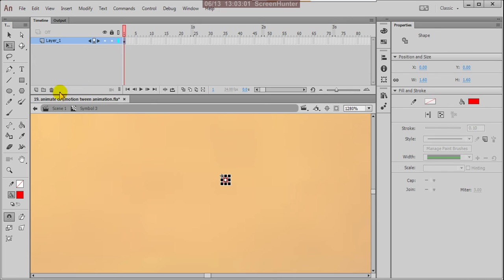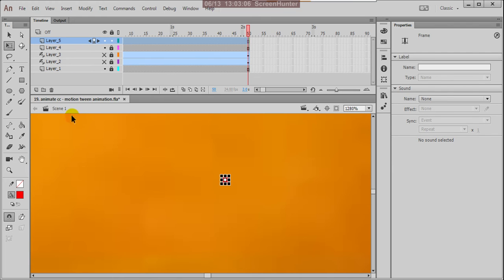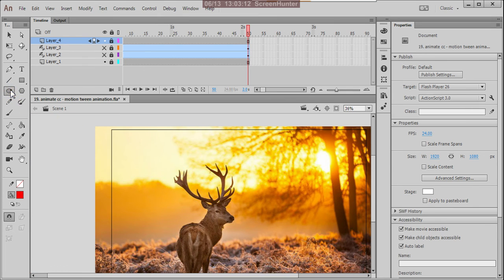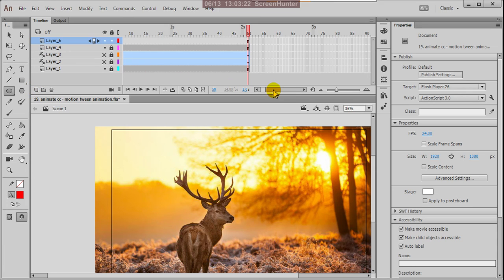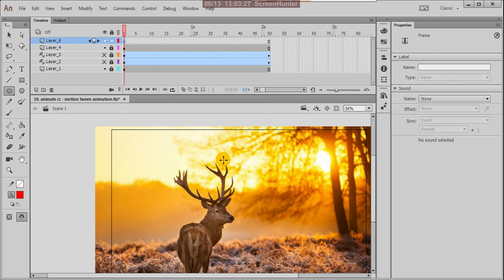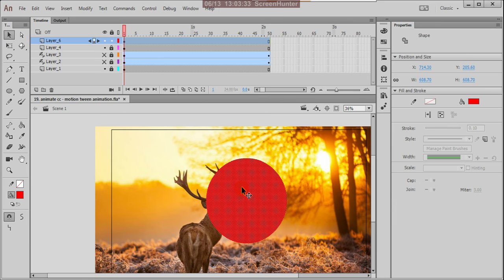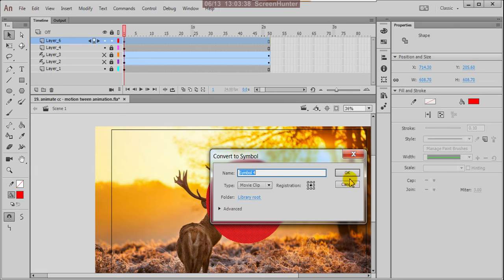I'll create it again. Delete this layer and create again. Now we can right click and convert to symbol.